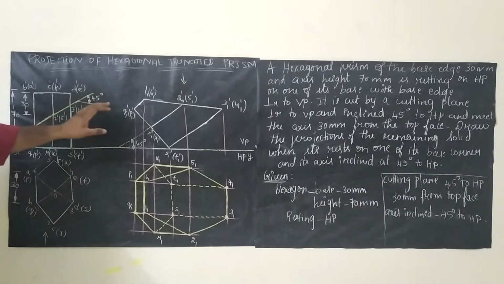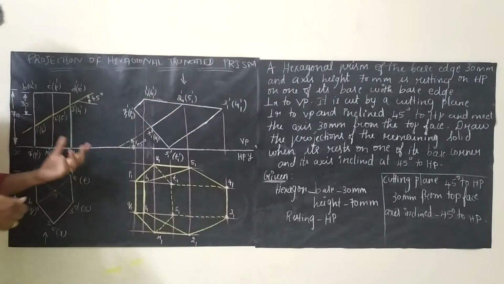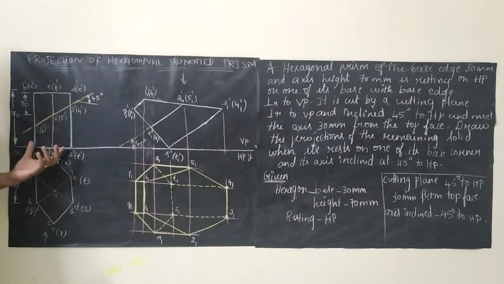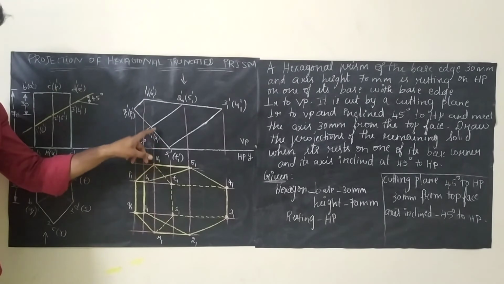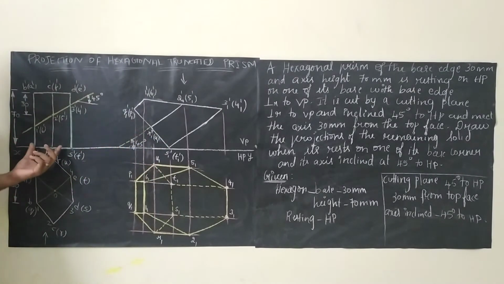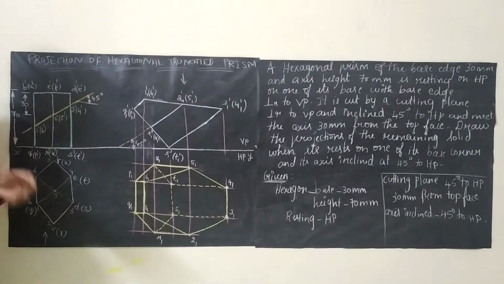45 degree. While drawing this, I actually missed one thing. While drawing, we need to fix the edge first. This is the base. We will be fixing the base. Here they are asking us to incline the axis. If the axis is inclined 45 degree, automatically the base is inclined 45 degree because this one is 90 degree. So you have to measure this distance. For example, if it is 5 centimeter, you have to measure and keep that 5 centimeter for an angle of 45 degree. And next you have to measure this.